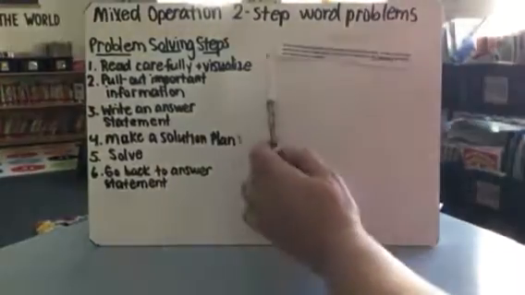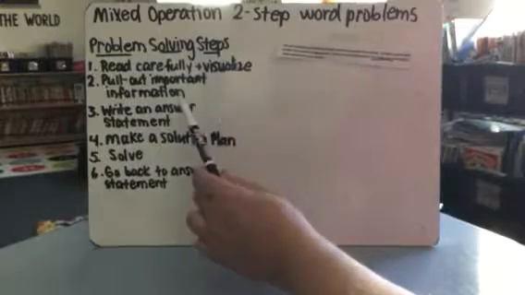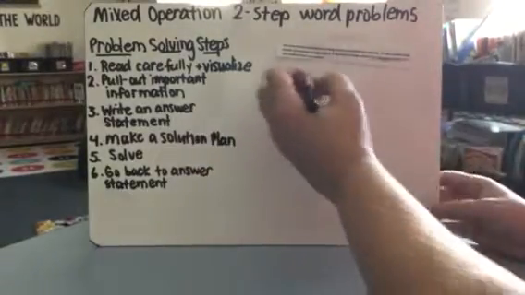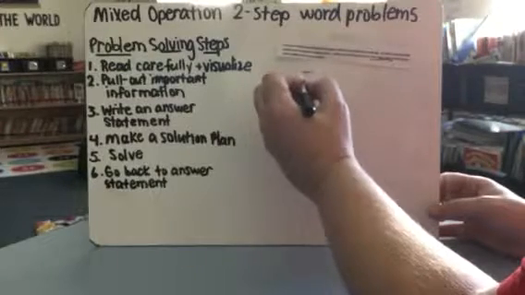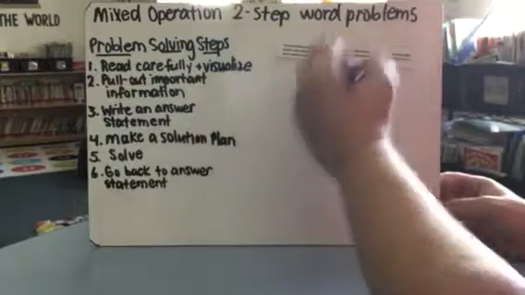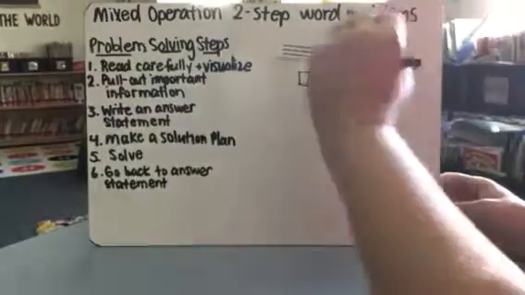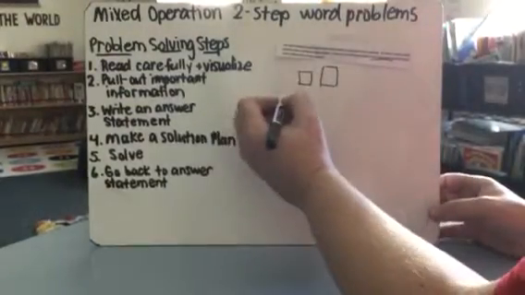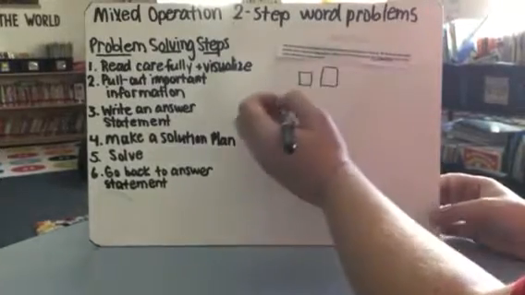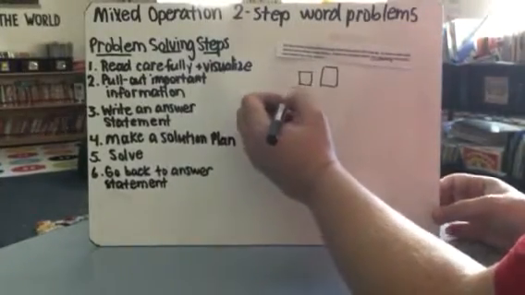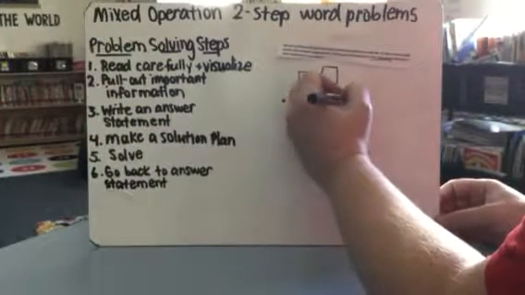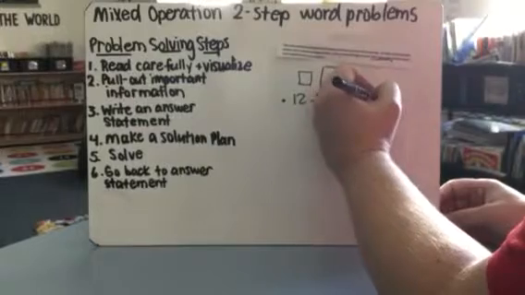I need to go through and talk it through and pull out that important information, picture what's going on. I know there's a store and it's opening up, and they've got smaller posters and some bigger posters. And it sounds like they have different numbers of each. And I've got to figure something out with that. Let's figure that out. So what are my clues? There are 12 times as many small posters as large posters. So 12 times as many